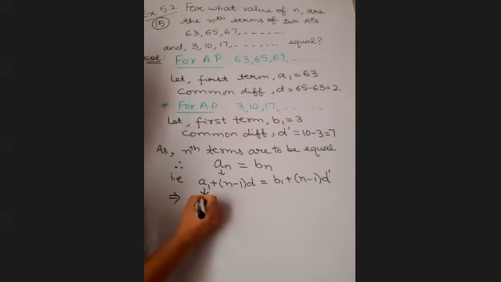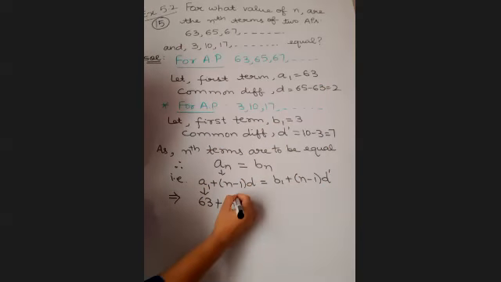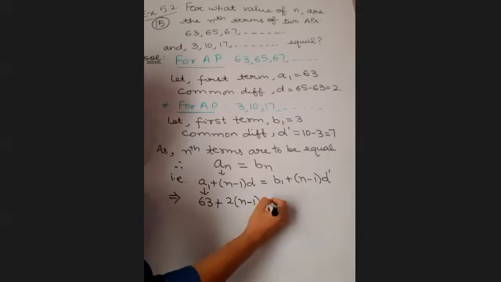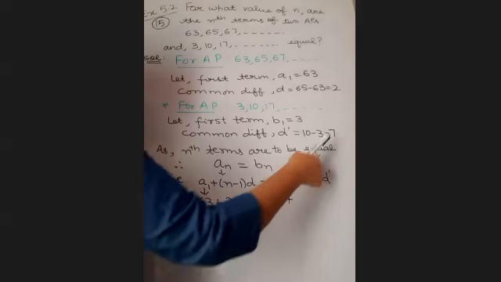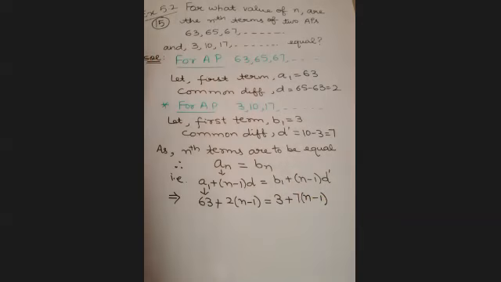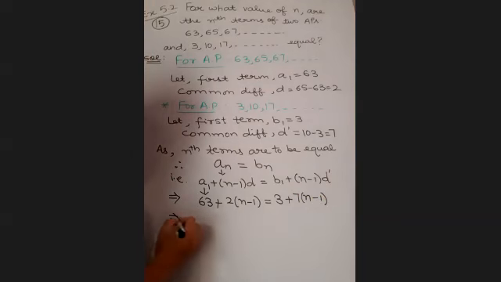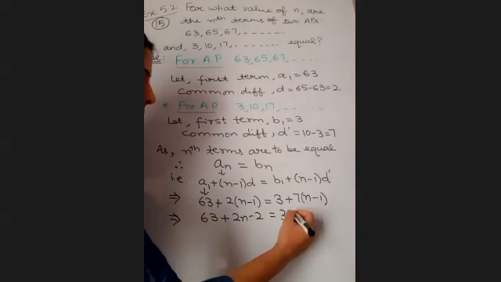Here A1 is 63, d is 2, so 2 into n minus 1, B1 is 3, and d dash is 7, so 7 into n minus 1. Alright, let us open the bracket and solve it. 63 plus 2n minus 2, 7 into